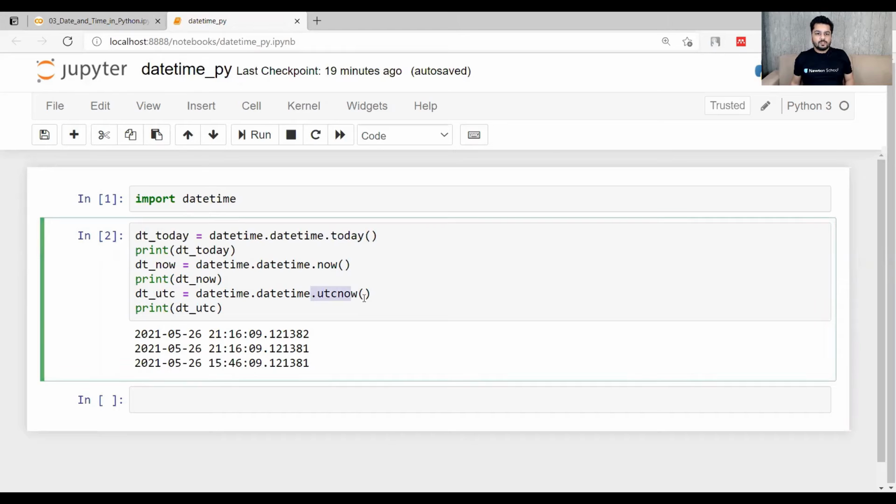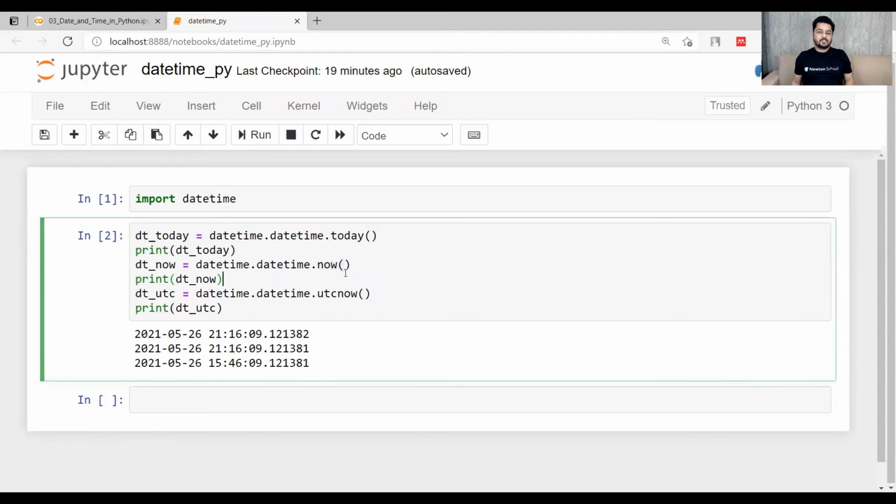And then UTC now. UTC now means kind of GMT, right? You will notice that there is a 5:30 difference between this UTC time and the current time. So our current time is plus 5:30 from UTC, right? So what is the difference between dot today and dot now if the outputs are the same?